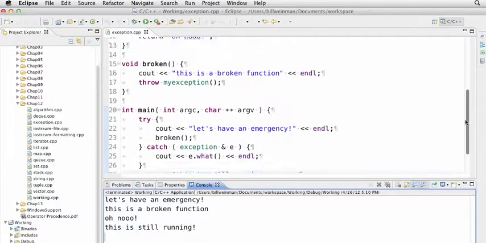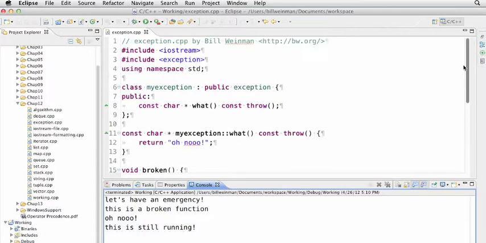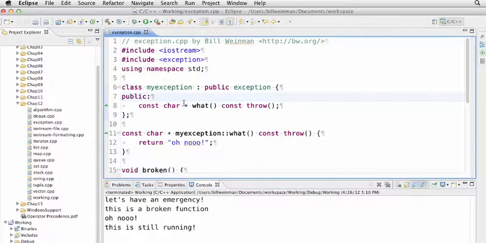So one more thing I want to show you here, because our exception class is actually pretty inflexible. It only does the one thing. It only returns that one string. We can make this a little bit more flexible. Let's define a constructor